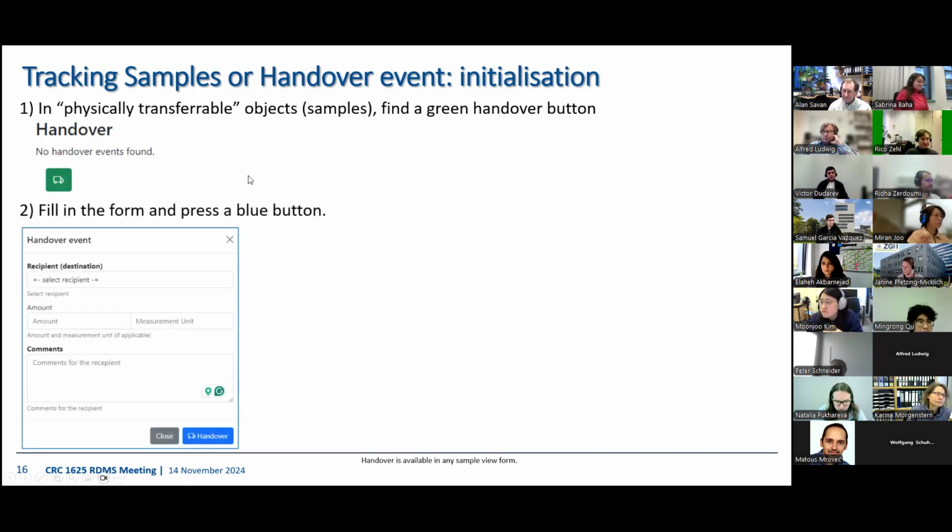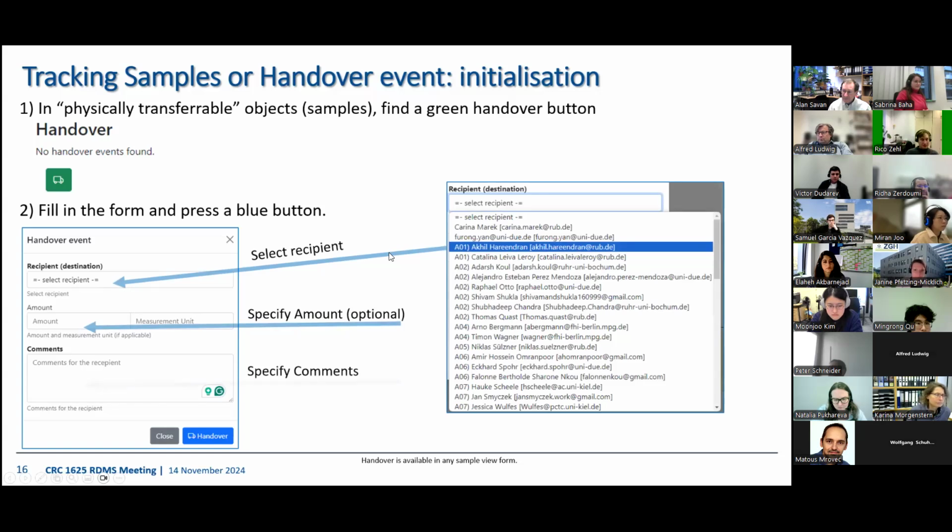Then, to initialize the handover, we need to press this green track button. After that, we need to fill in the form. First of all, we need to specify the recipient for this handover from the list of users available in this tenant. In our case, since we are transferring a materials library, we should not specify any amount,